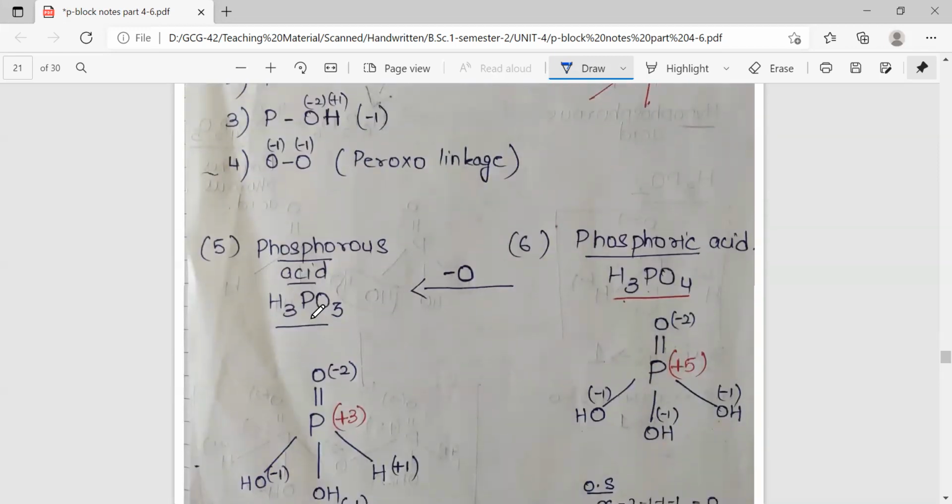So let's start with discussing the trick to memorize these oxo acids of phosphorus. The first one which we can easily memorize is phosphoric acid, which is very common, which we have been reading from the previous classes. So first one is phosphoric acid. The formula is H3PO4. This you will have to memorize.